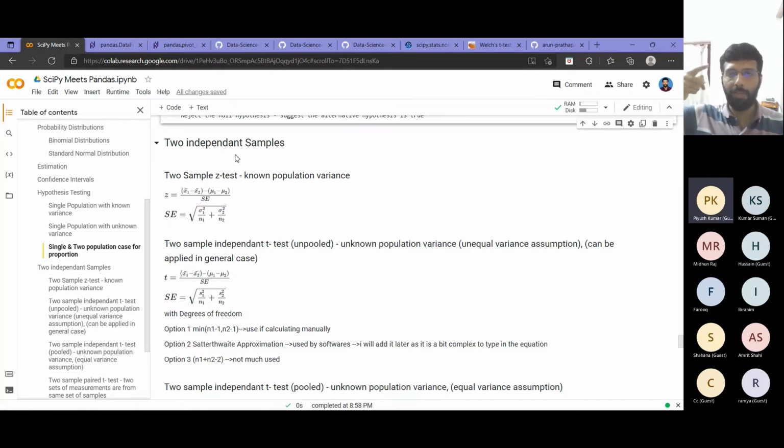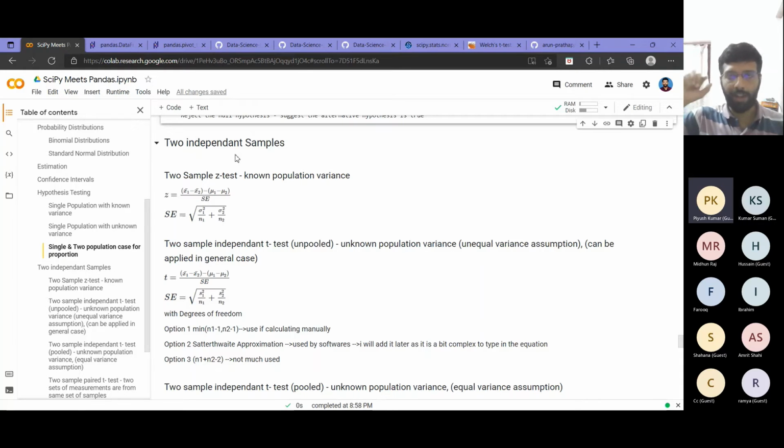So similar to the one sample test that we saw in the last class, different cases arise, right? If the population standard deviation is known, I will go for a z-test. If the number of samples is greater than 30, I will go for a z-test. If it is a normal distribution and samples are less than 30 also, I will go for a z-test. In all these three cases, I will go for a z-test.